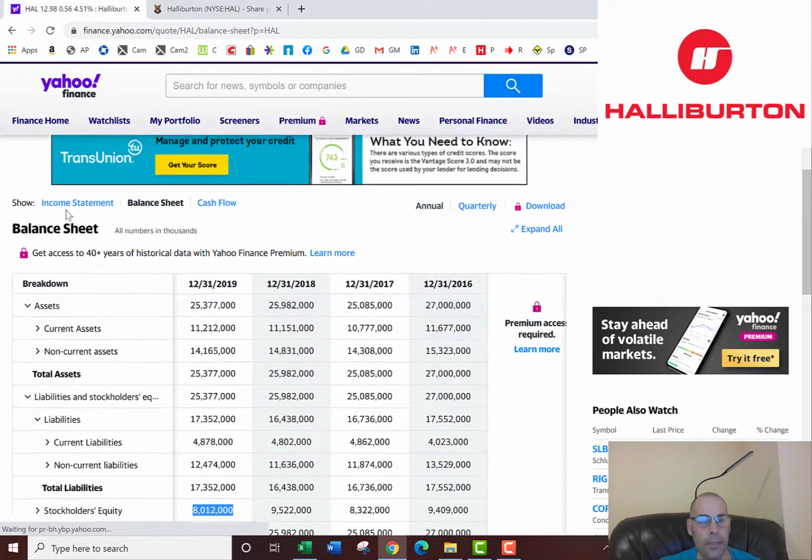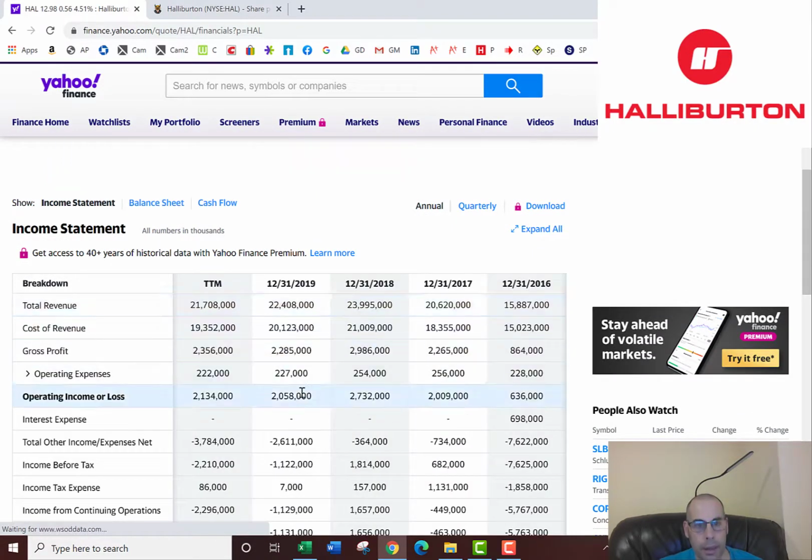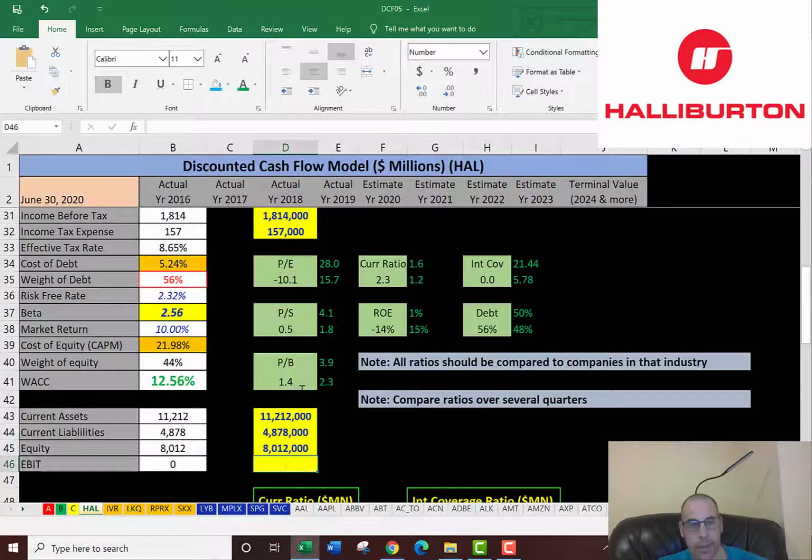Let's get their EBIT, earnings before interest and taxes, or operating income. And that's $2 billion. So now we know the weighted average cost of capital, because it's a blend of cost of debt, 5.24%, and cost of equity, 22%. So 12.5% is their WACC, and that's what we're going to use to discount the future